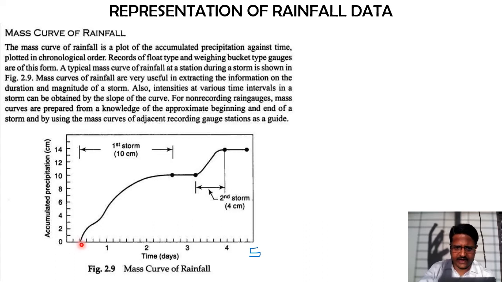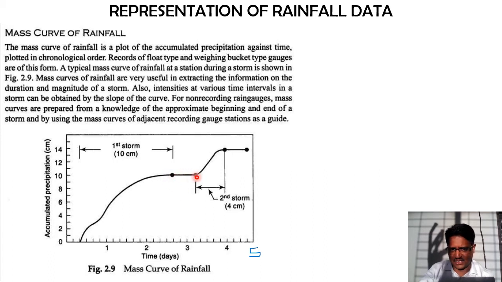Once the rainfall starts, it starts collecting and the rainfall curve will be drawn. How it is drawn is similar to what we have studied in the weighing bucket and siphon type of rain gauge. So same thing will be there. Once it starts to go on, it collects the rainfall data, and imagine at this point the rainfall has stopped. Since it is cumulative data, this point cannot come down again, so it is going to remain horizontal.